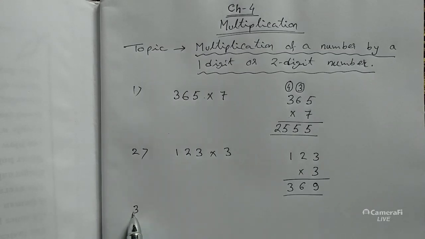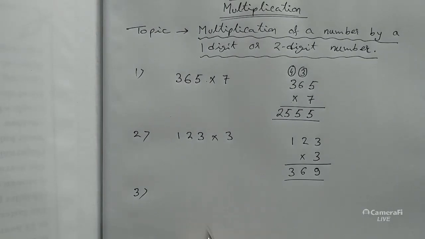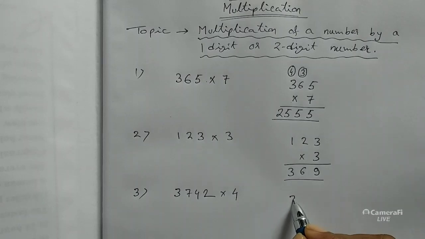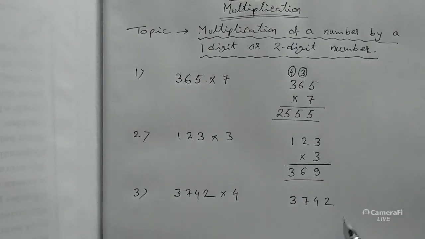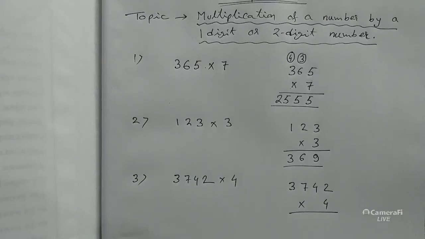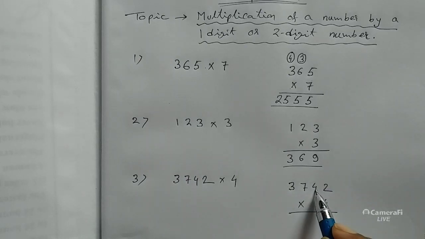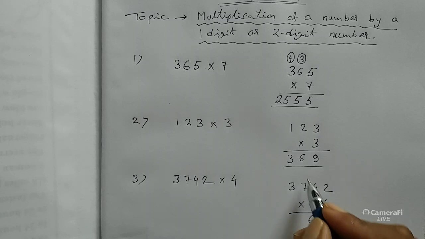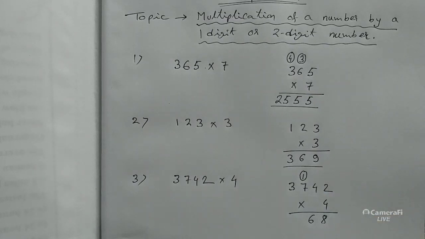Let us take another example to multiply a 4-digit number with 4. So in the similar way we will first arrange the numbers and multiply it by 4. So we will go through the table of 4. 4 2s are 8. No carry. Now 4 4s are 16. 6 and 1 carry just above 7.